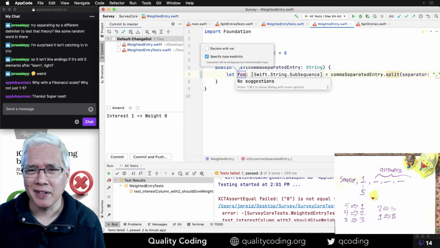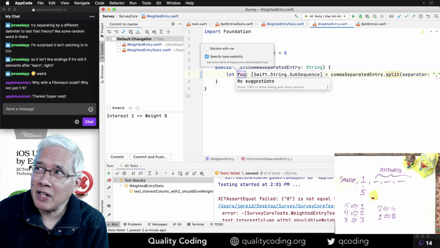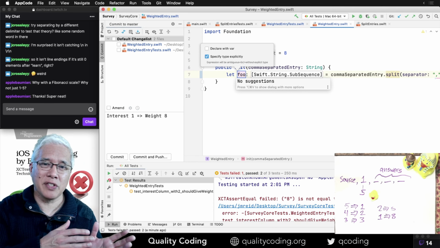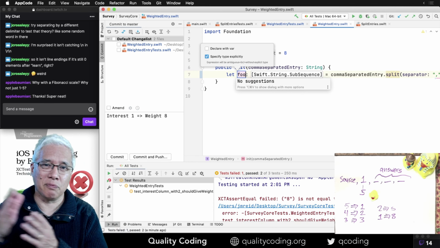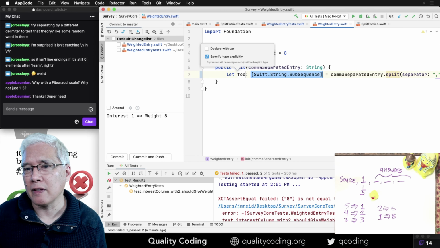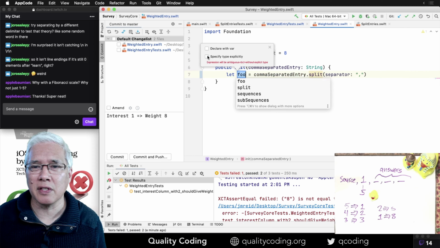Sometimes you can start with a nonsense name. This comes from an interesting idea about the progression of naming from nonsense through super useful. And do I want the type to be there? It's a subsequence. I'm going to omit the type.